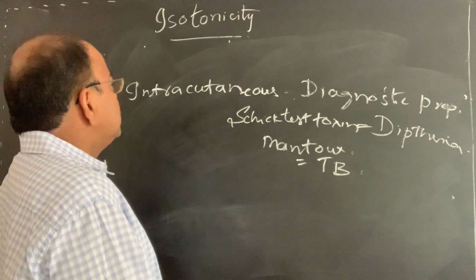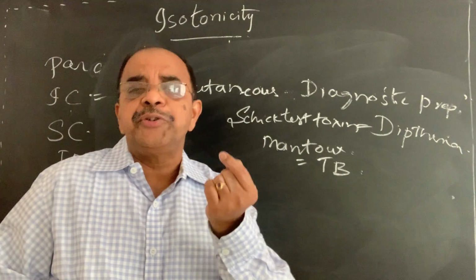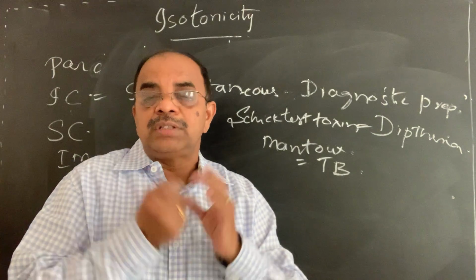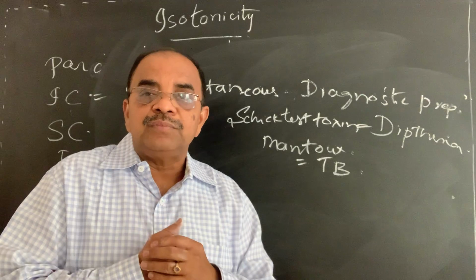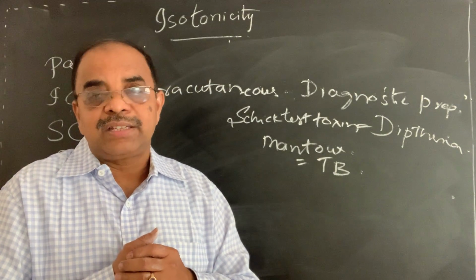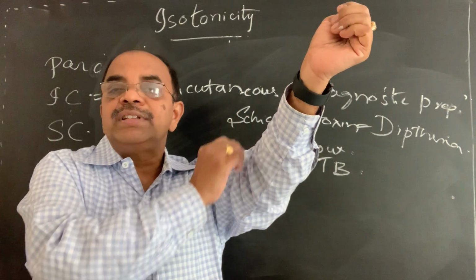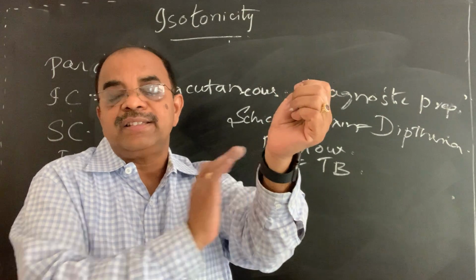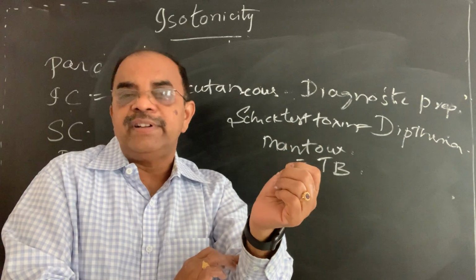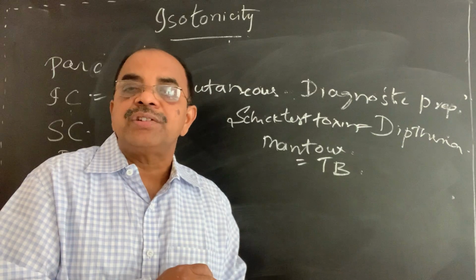Now we are injecting a very small volume, 0.1 ml, 0.2 ml intracutaneously. Generally, suppose you go to a doctor suspecting some TB, they go for the MX. MX means Mantoux test. Here they give a small injection and they circle it with a pen. Don't rub it for about 2 days, they say. After 2 days, depending upon the swelling area, they confirm whether the person is having tuberculosis or not. That is the Mantoux preparation.